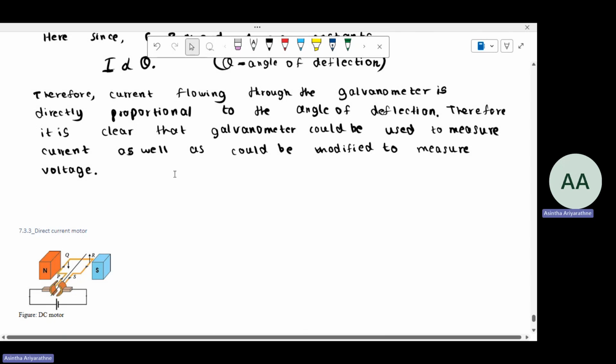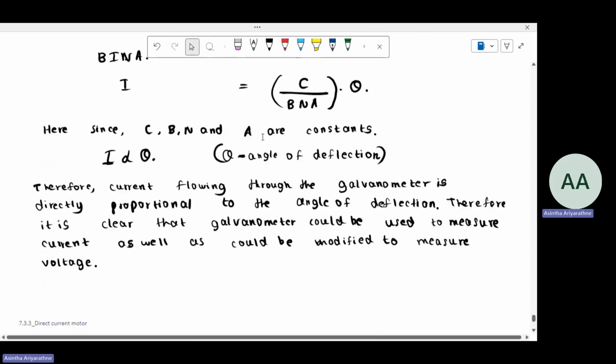That we will discuss in the current electricity part, right? So this same galvanometer could be used to